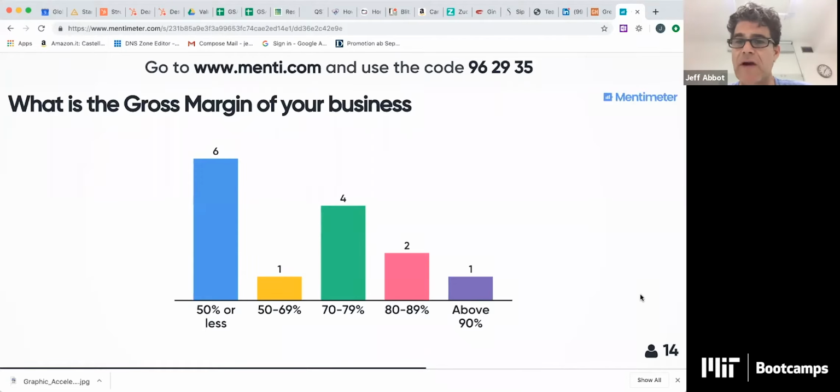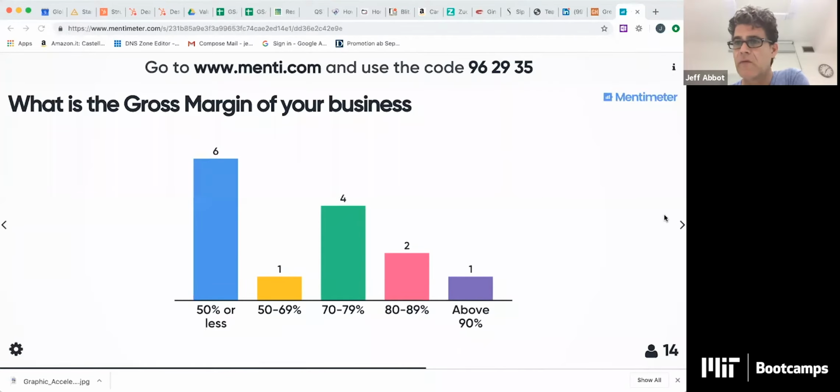So it would be interesting to know over here in the chat box, for those of you that are willing to share, if you scored yourself at 50% or less, is that because you're in that state that I described where it's still so early that you're working the kinks out and you feel confident that it's something that can be improved? Or do you believe that it's just the nature of your product and the costs of doing business, or something fundamental to the business model that may not be able to be resolved? Any comments to that effect would be helpful for our notes.